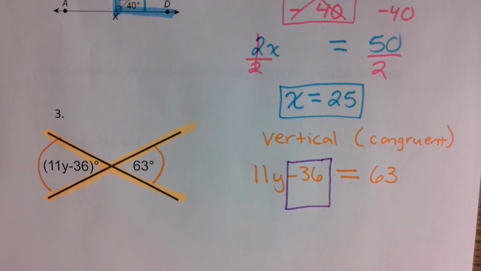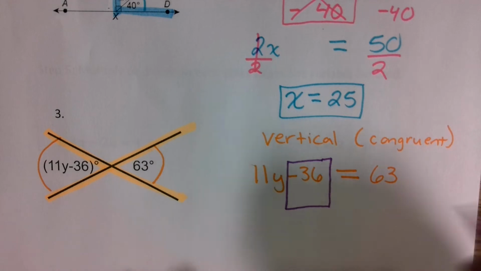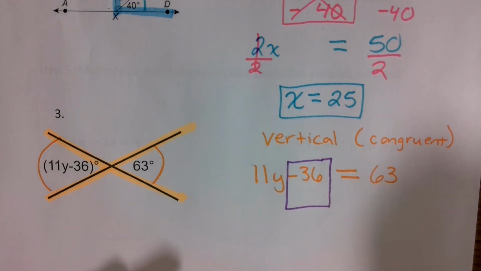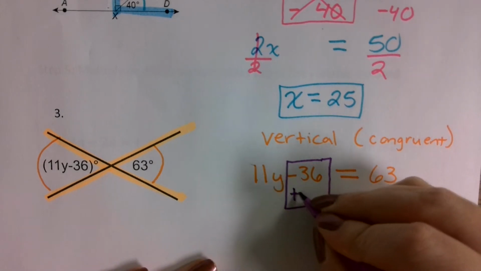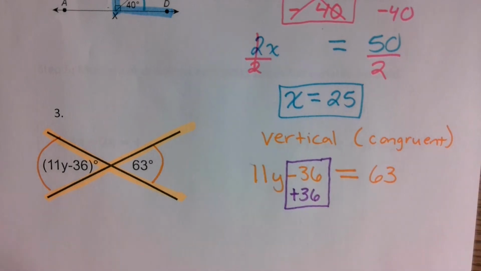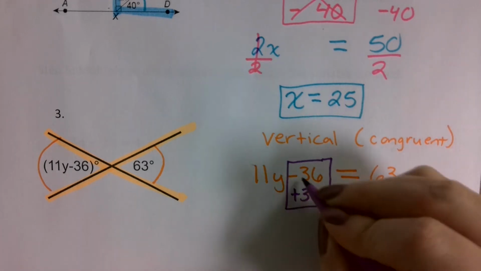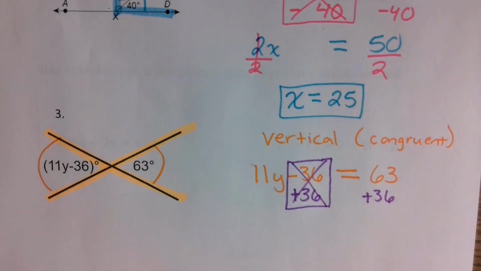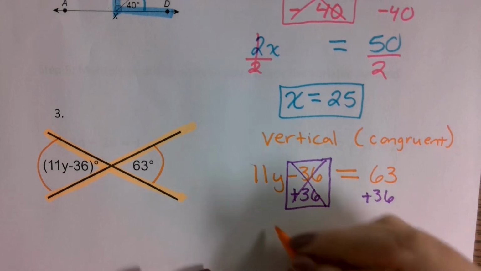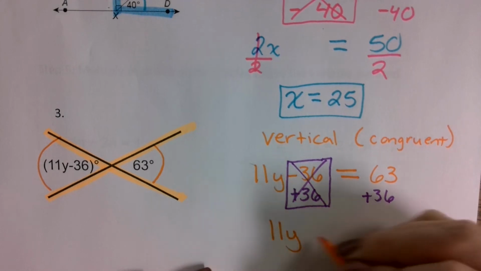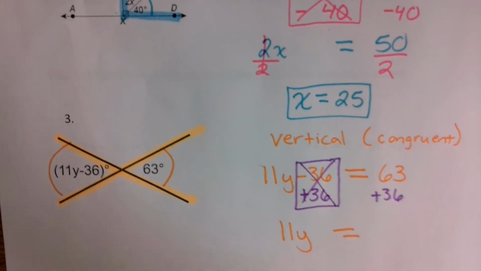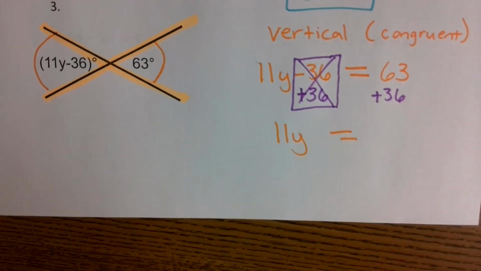So what is the opposite of subtraction? Say it louder, guys. Adding. You should know this by now. When I say opposite of subtraction, you need to know it's addition. So we're going to add 36 to both sides. Those 36s are going to cancel out. You're then going to be left with 11y is now equal